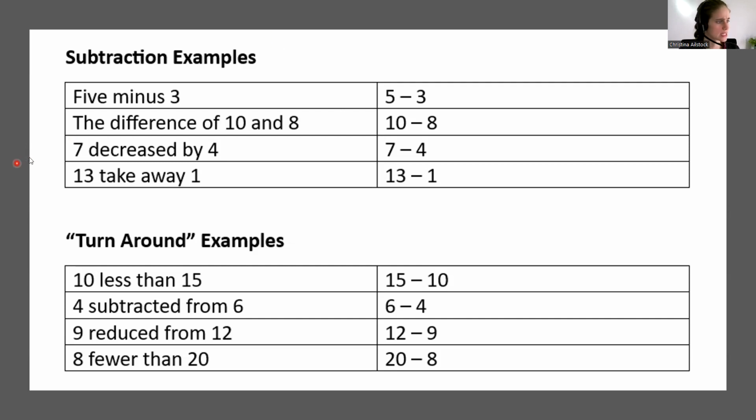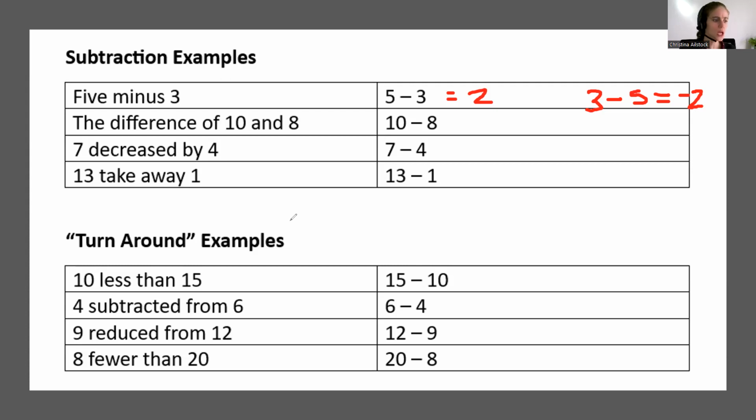Just as a super quick example on how that would work, if we have 5 minus 3, well, that equals 2. But if we accidentally did it backwards and did 3 minus 5, that would give us the answer of -2, which is a drastically different answer. We can talk about it in terms of money. If you have $2 to spend versus you're in debt and you owe someone $2, pretty big difference in what